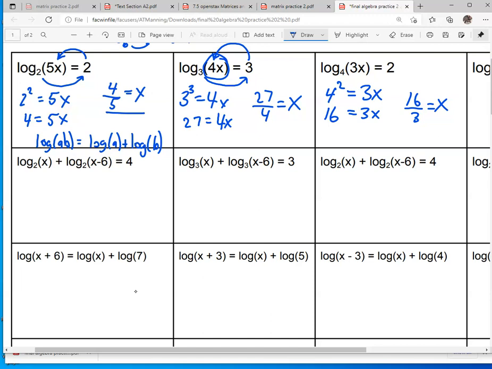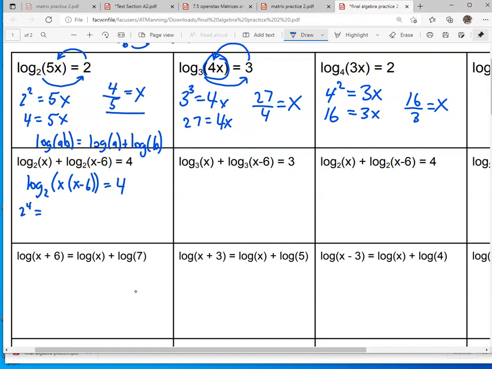Well, let's try that. Log, now remember the base, don't forget to keep that base in mind. Those two things multiplied together is x times x minus 6 equals 4. Hey, now I'm back to a problem that looks a lot like this. I have the base, and I have the base to some power equals what's inside of that parentheses. So let's write that out. I'm going to need a few more lines, so I'm going to write it a little bit smaller. This is 2 to the 4th